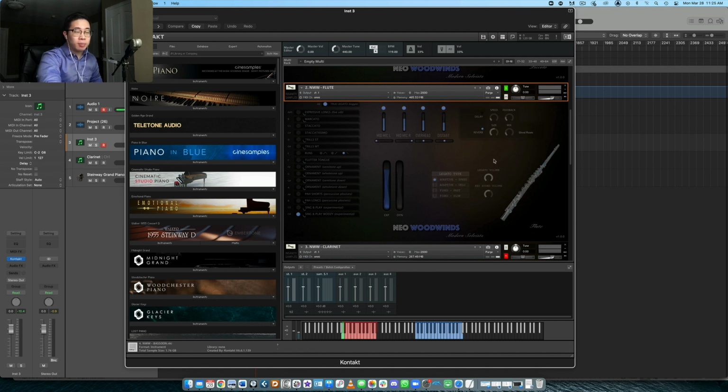The legato itself, though, isn't my absolute favorite. I personally prefer the one in, let's say, Berlin Woodwinds or Cinematic Studio Woodwinds. It has that connection and that musicality to it that really connects that phrase going longer. For this patch specifically, I feel like the subsequent note after the first note feels like it's swelling in very, very minutely, but it is there, and for me it kind of breaks the phrase a little bit. So I would also have loved to hear the legato transition a little stronger and a little more pronounced, and this is with the legato volume already turned up all the way. The key sound of course helps with the realism as well, but it's just a musicality that I can't really describe. But if I play this one more time, so